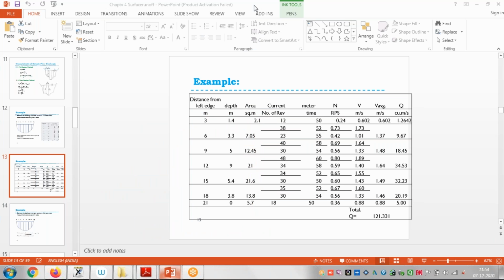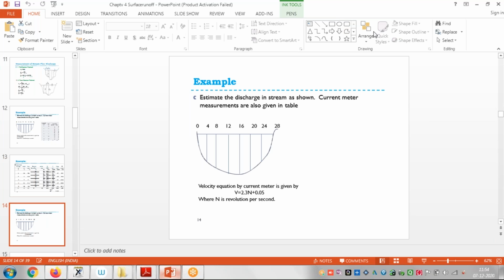Now, after that, another problem is given. So here the data is given. Estimate the discharge in a stream as shown. The current meter measurements are also given in the table. So see here, this is the formula. We should remember the velocity through a current meter can be measured with this formula, and this formula is